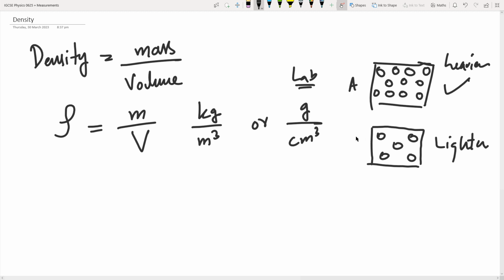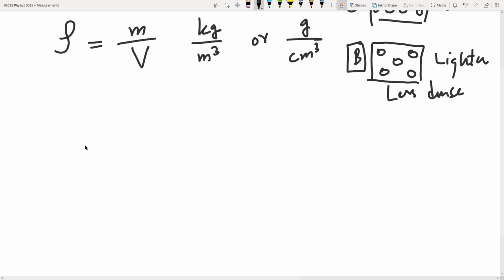So if this was A and B, which one is denser? A is denser. And which one is less dense? B is actually less dense, right? So I'm going to say this is less dense and this is more dense, right? So I think you have a brief idea of what density is, but